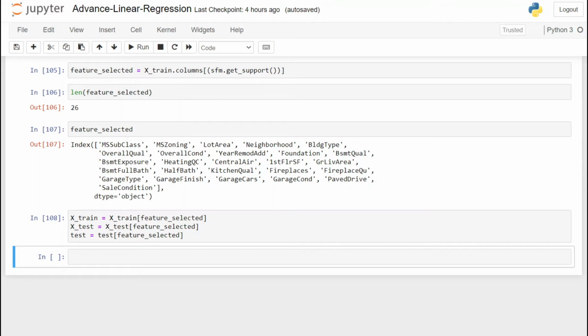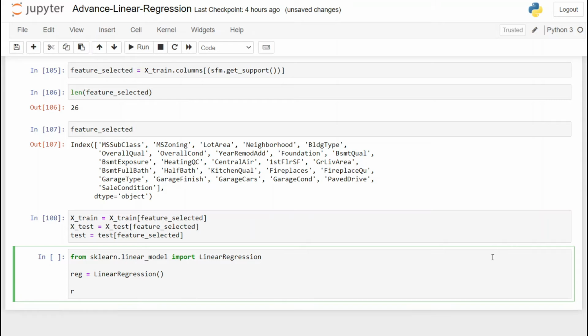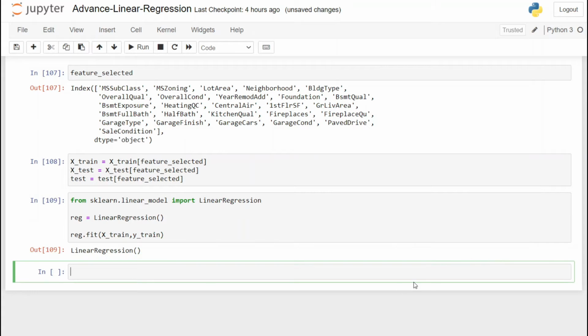So first of all, we are going to build a simple linear regression model using the sklearn library, because simple is always better. We try complex models at a later stage to see whether we are able to increase the performance of the model or not. So let's import the linear regression model from sklearn linear models. The next thing is to instantiate this model. Once we have instantiated it, the next task is to fit this model on the training data. So we call the .fit method and inside that we pass our xtrain and ytrain data. And like that we have trained the linear regression model.